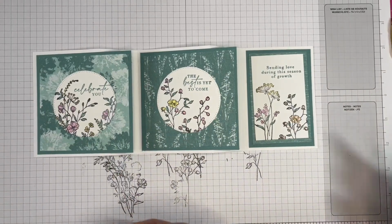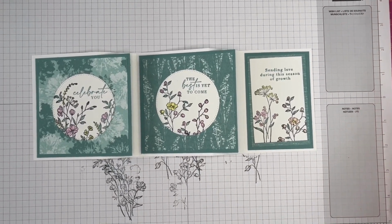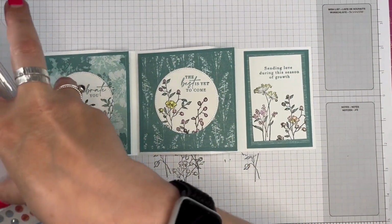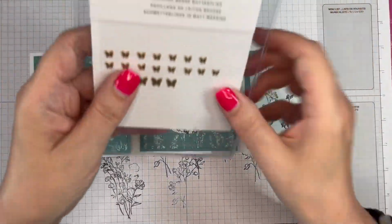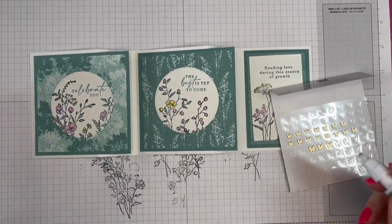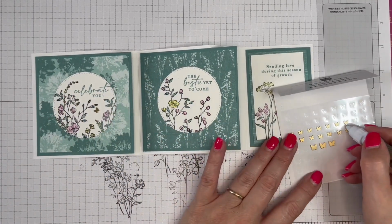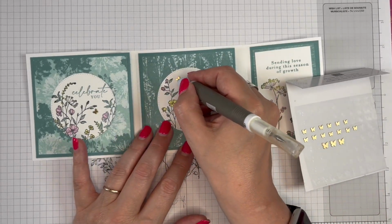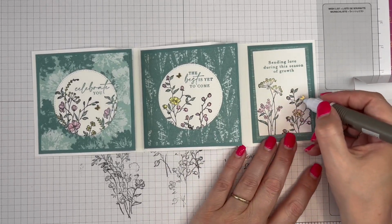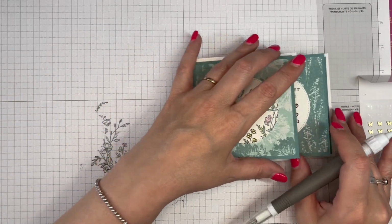Okay, I think on this one I am going to add a little bit of bling. Oops, sorry. And I think I've still got some brass butterflies. I do. Here we are. I think they would be the perfect addition beside these little flowers. I'll put one in there, one there, because I've got a little spot of something. I'm going to stick with just the smaller ones and pop that there. And that all